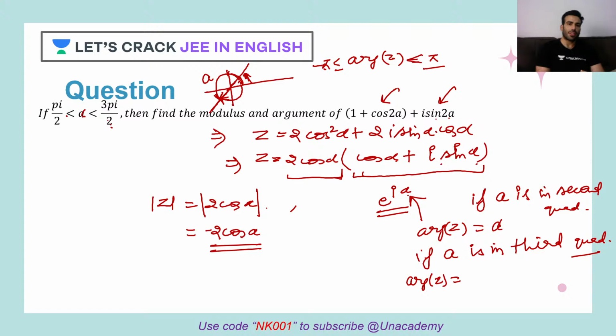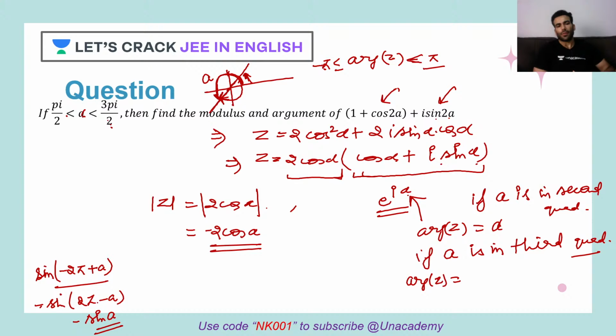So what am I going to do is, I am measuring it like this. This is a. So I have to go in the clockwise direction, and I have to make sure that I get the same angle. So what I'll do is third quadrant, right? So see here, if I write something like this, sine of minus 2 pi plus a. Okay, so minus will come out. So I'll have minus of sine 2 pi minus a. So minus of sine of a I'll have. Why? Minus minus will become plus here. So plus of sine a.